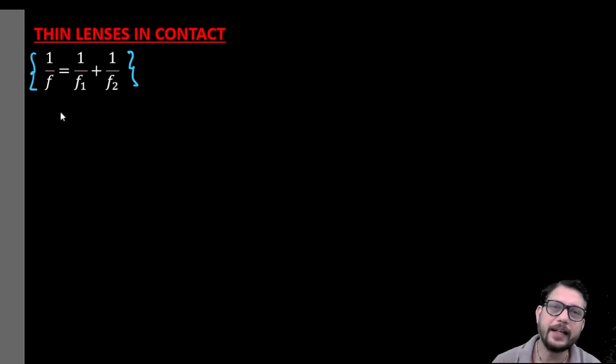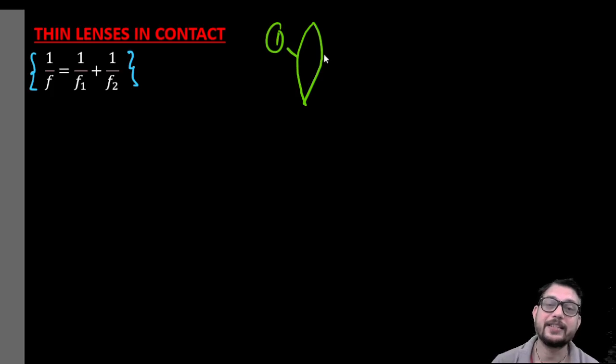Firstly, while we derived the expression for the lens maker formula, you have gone through that, we had one surface placed this way, and we place another surface this way. Let's suppose this is the first surface and this is the second surface, and when you add these two surfaces, we get the lens.